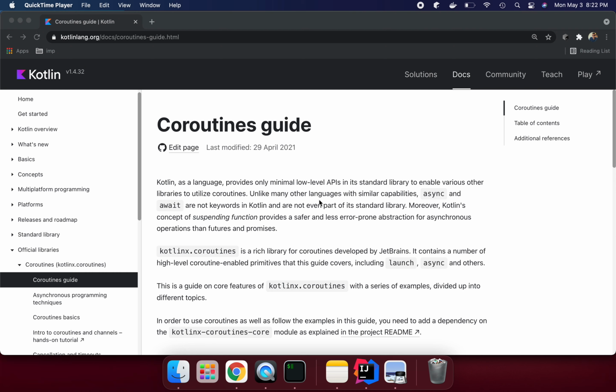Before we move on, to understand what coroutines are, we need to understand multi-threading. What is multi-threading? So what is a thread basically? A thread is a sequence of execution, like a program we are trying to execute through the thread. In sequential programming, all instructions are executed in order.